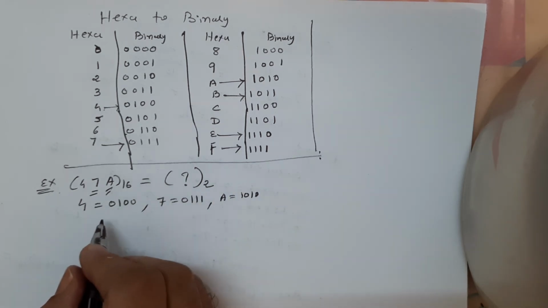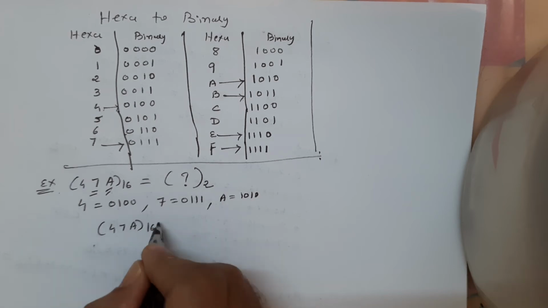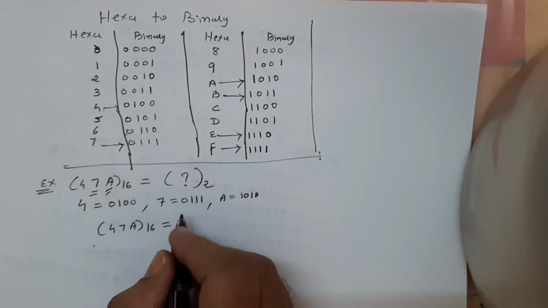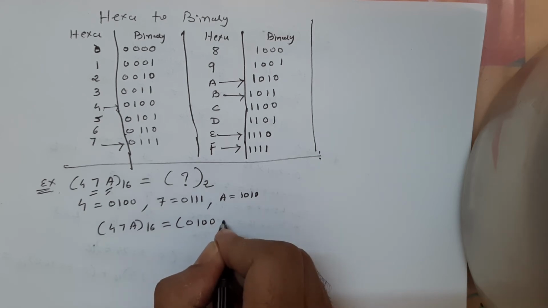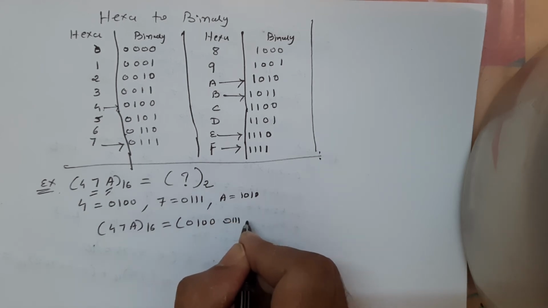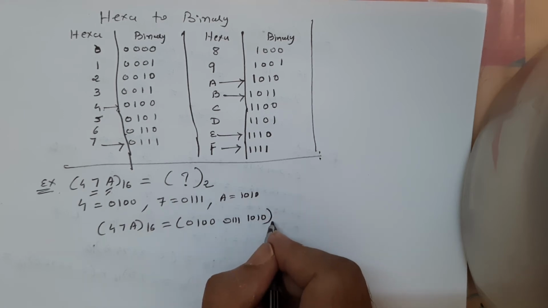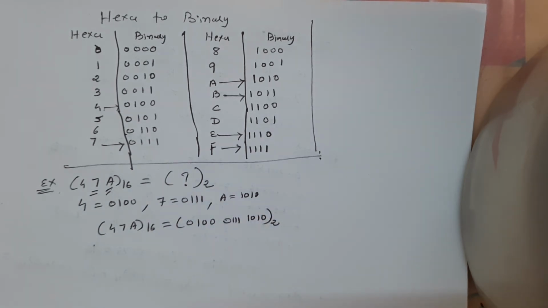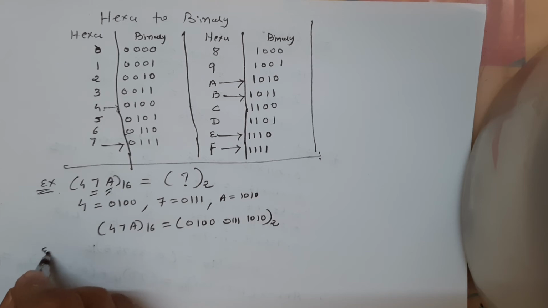So the answer is 47A hexa. It is equal to 0100 0111 1010 into the form of binary. Simplest form. If it is fractional, second example, if it is fractional, then